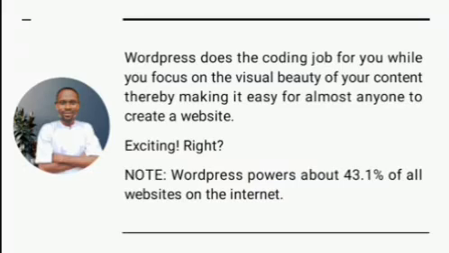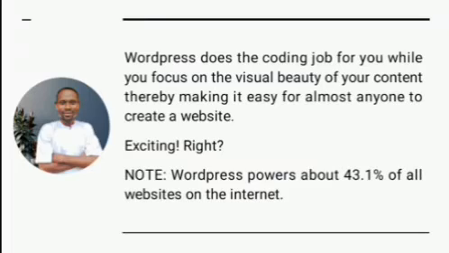Exciting, right? Yes. Note, WordPress powers over 43.1% of all websites on the internet. So if you visit 10 websites and then you decide to check them using a tool like isitwp.com, you find out that about 4 out of every 10 websites is made with WordPress.